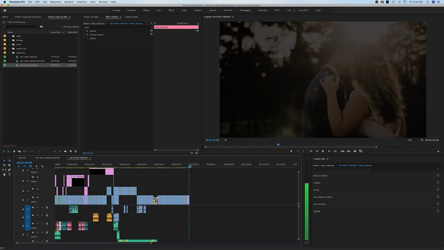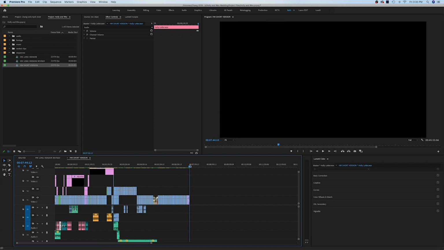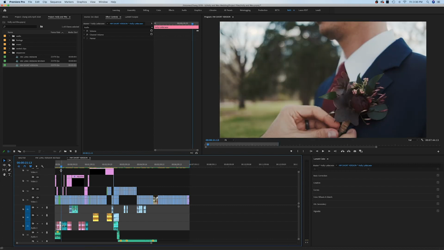points. So I'm going to set an out point by hitting O on my keyboard. That gives me an out point, and what it also does is automatically gives me an endpoint here at the beginning. If you want your endpoint to be at another point, you just put your cursor where you want that endpoint to go, and you'll hit I on your keyboard, and you can see it made a new endpoint here. So if I were to export this right now, it would export from this point right here to this point